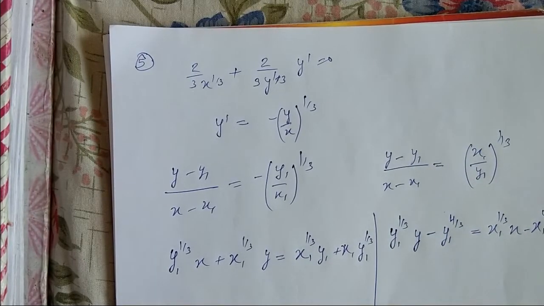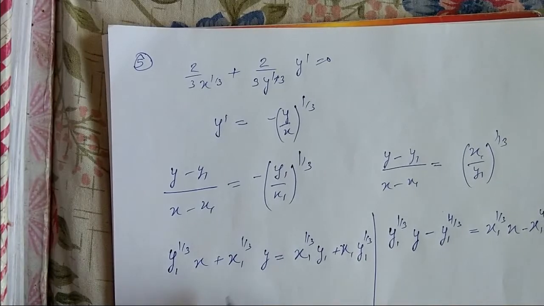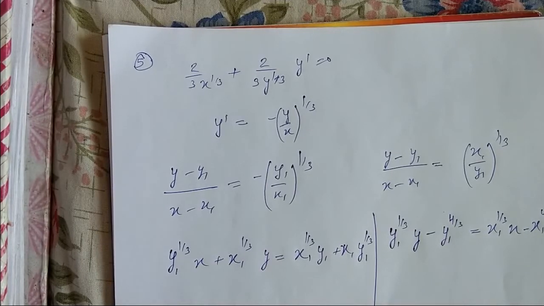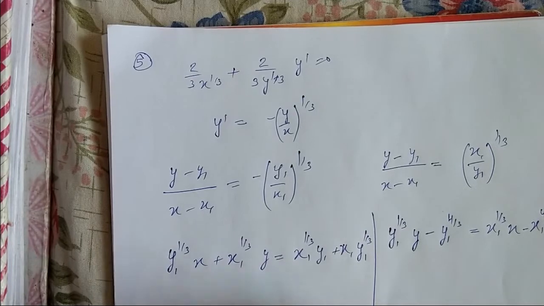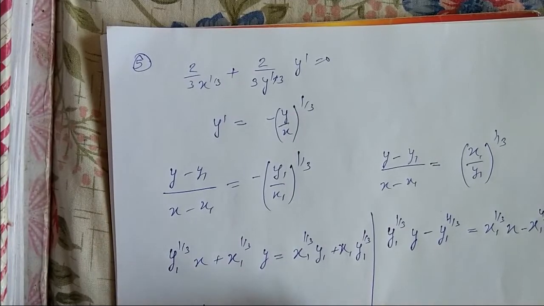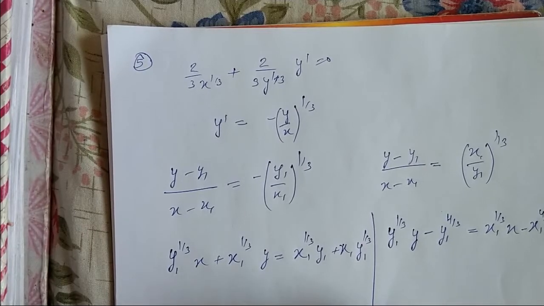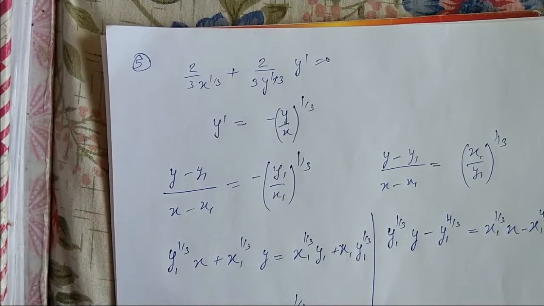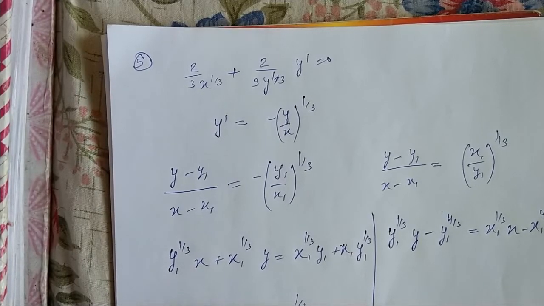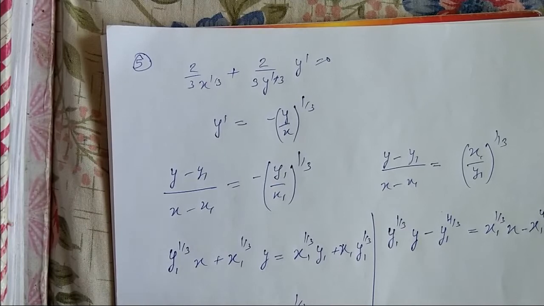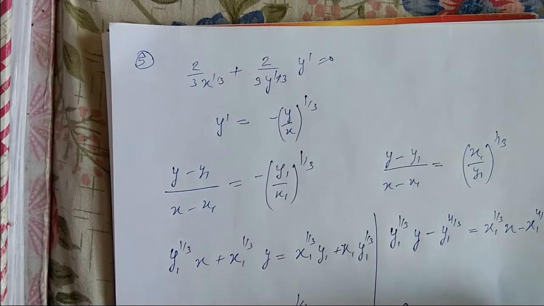So we need to calculate the length of perpendicular to tangent and normal from origin. Length of perpendicular on tangent would be x1 y1 power 1 by 3 upon root of x1 power 2 by 3 plus y1 power 2 by 3. P is equal to this, and Q would be equal to